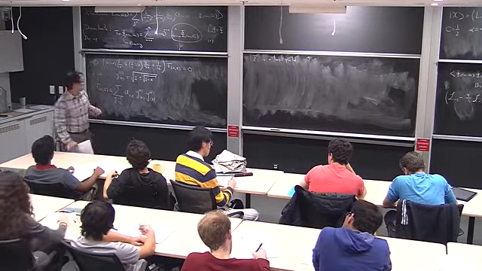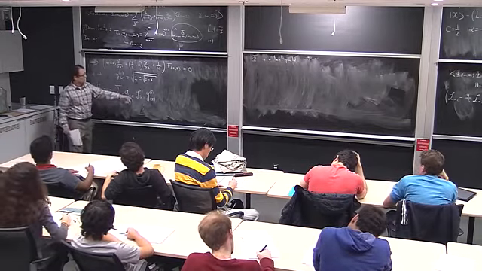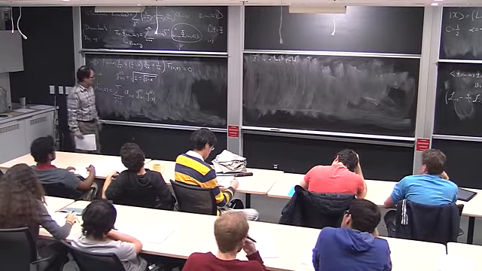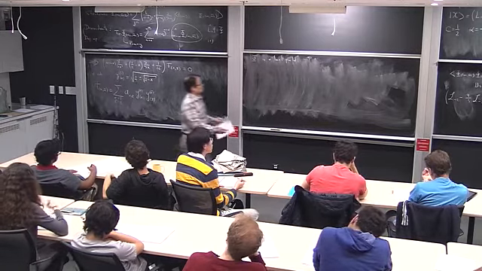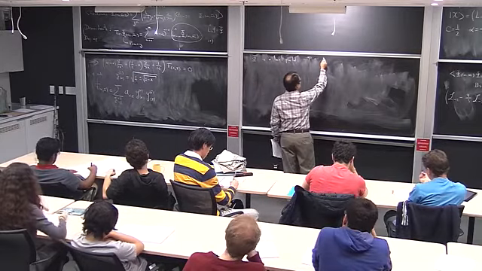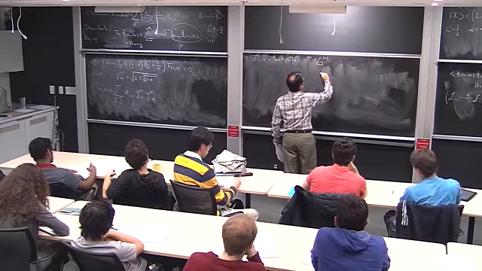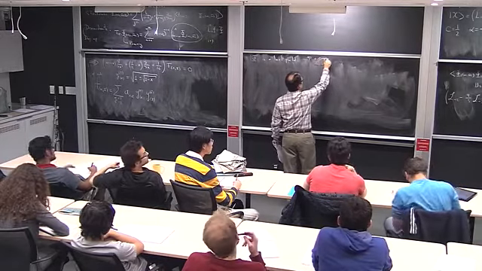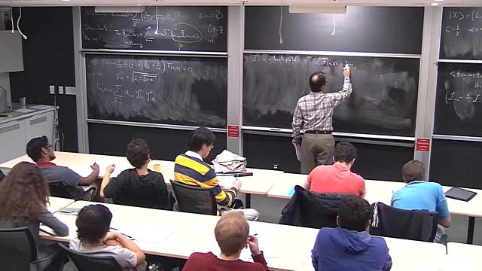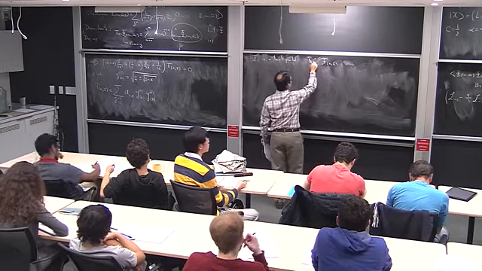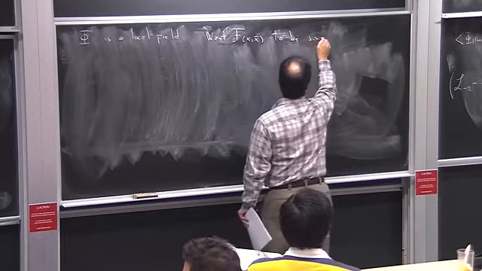In fact, this function, as written, will in general pick up monodromies as we move x in the complex plane. But if we want this function, let me call it F, to be single valued,